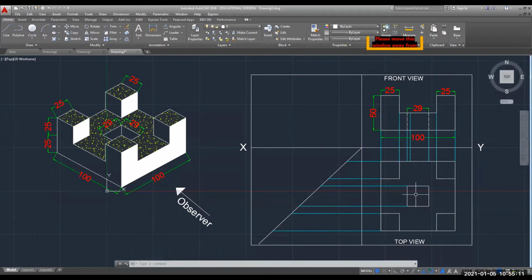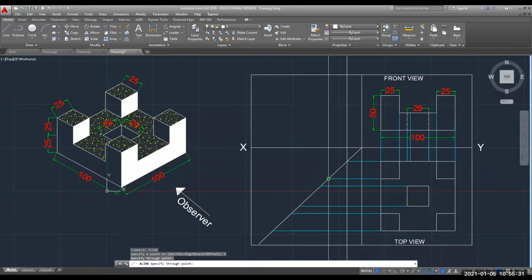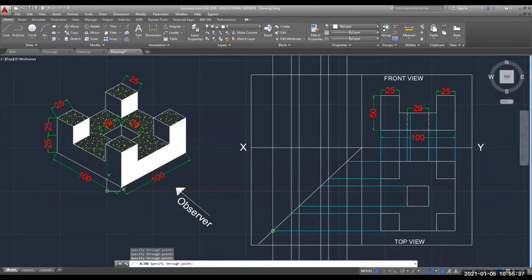Similarly, we have to draw vertical projection lines again from these points. So go for the command X line. I want to go for vertical. Points is already known to all of you. Now change the color.